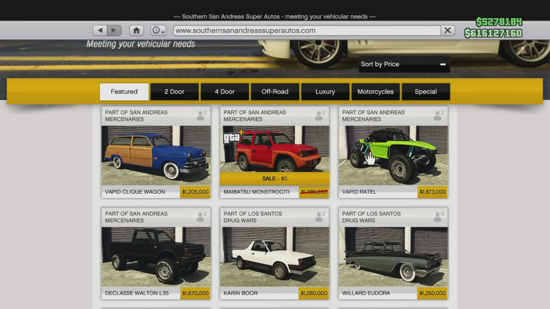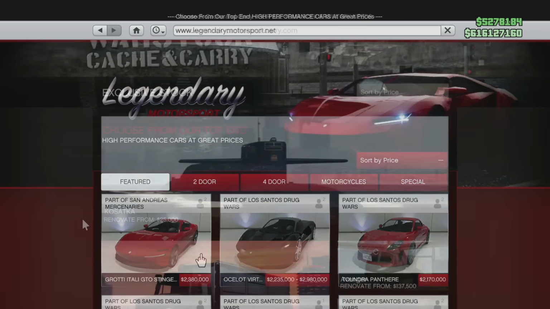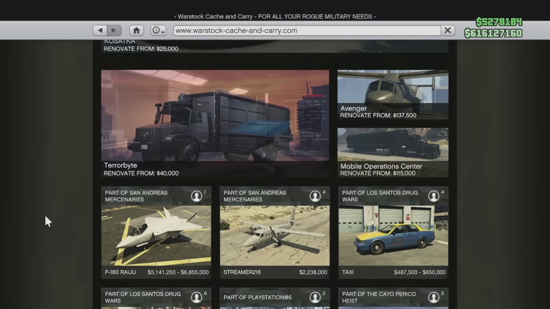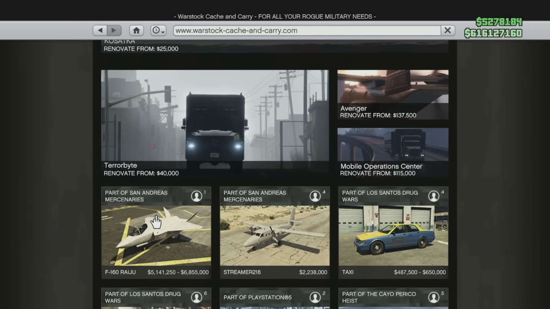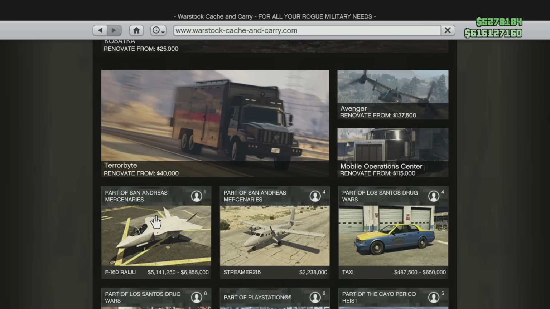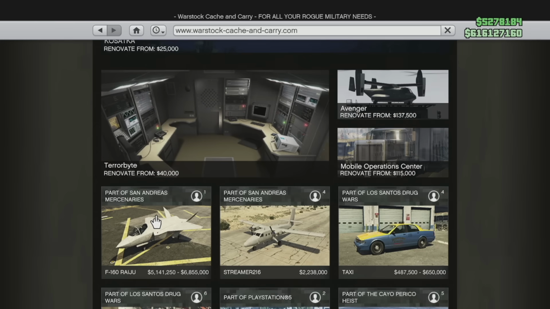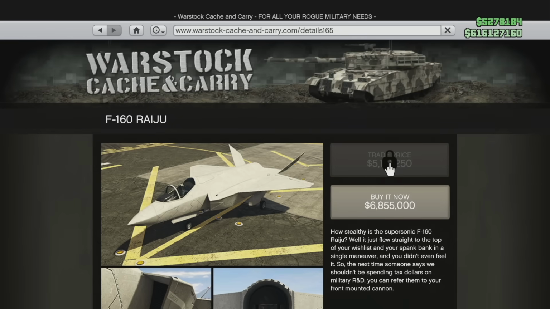$1,670,000. Then after that, on the Legendary Motorsports site, only one new vehicle, the Gratiatali GTO Stinger TT for $2,380,000. And then on Warstock Cash and Carry, 2 new vehicles, the F16 Raiju, which is really expensive, $6,855,000, although it does have a trade price, which I would highly recommend. And then the Streamer 216 for $2,238,000. So those are all the vehicles that Rockstar have introduced, and then obviously the update to the Avenger, although